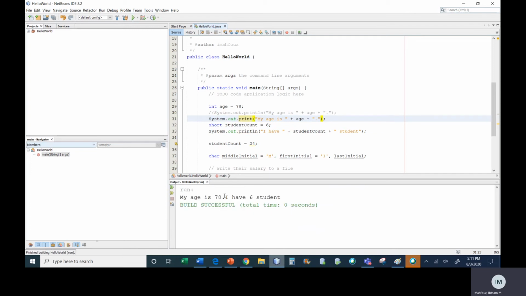Notice here, after it printed the sentence, it did not go back and go to the beginning of the line. So notice how here, they're both printed on the same line. So what print does, it prints and then it stops. But println prints and then kind of presses enter. It's kind of like pressing enter on your keyboard. So if I want to put this one back again,